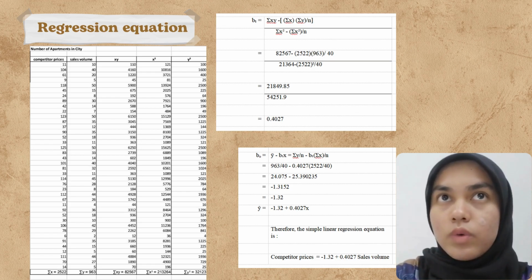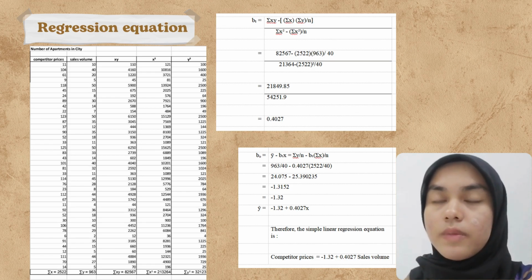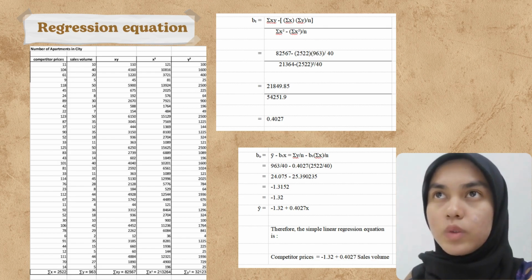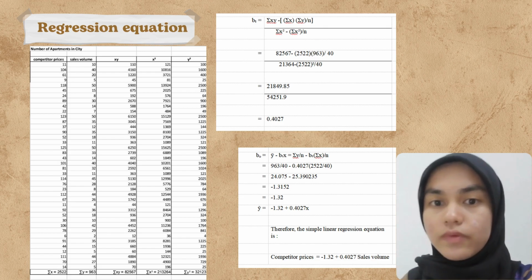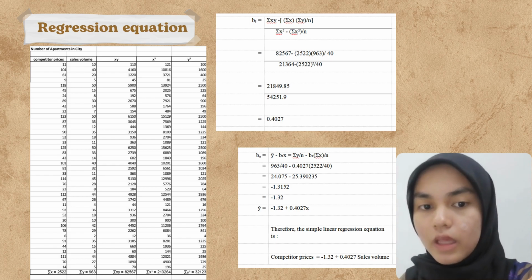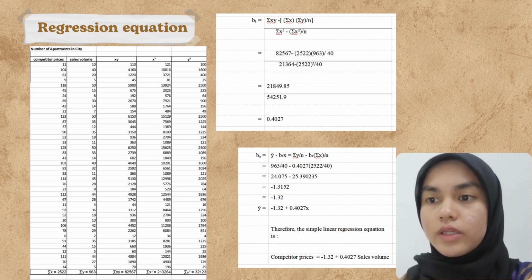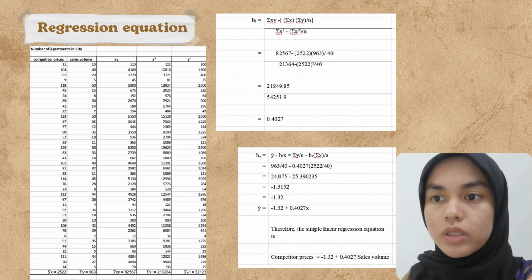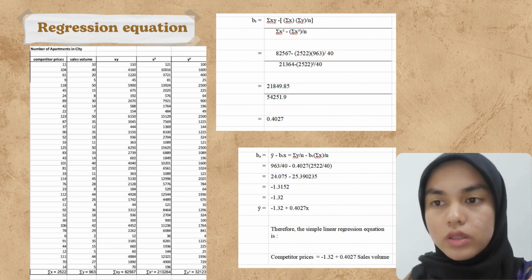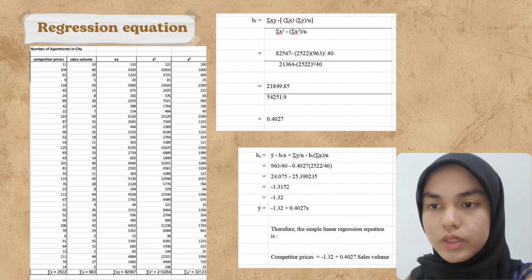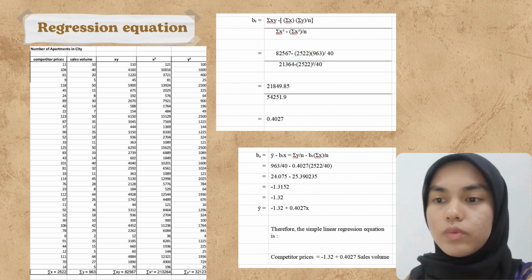So first of all, if we want to develop the estimated regression equation, we have to find the slope and intercept. First, we find the slope. The formula of slope, or b1, equals the total of x multiplied with y minus the total of x multiplied with the total of y divided by n, over the total of x squared minus the total of x squared divided by n. So the value of the total of xy, we got